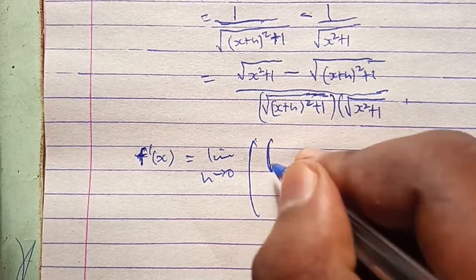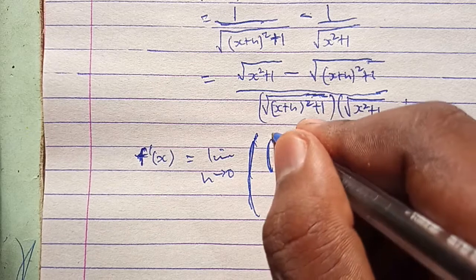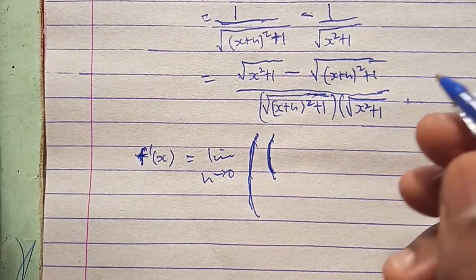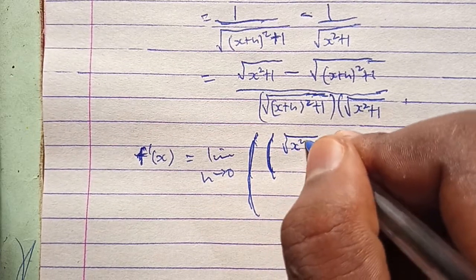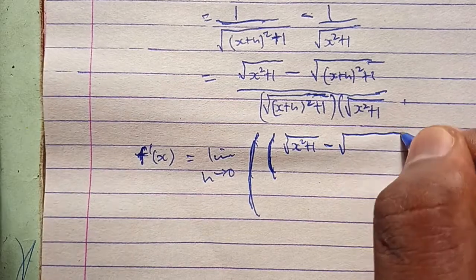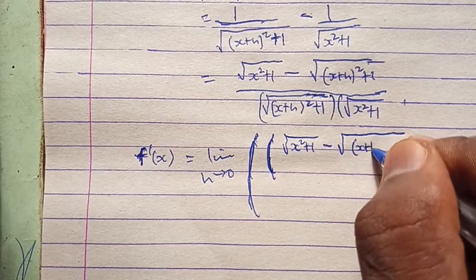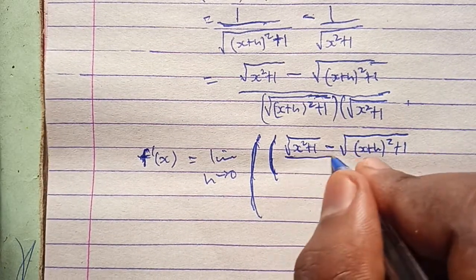That is introducing a bracket to show you the numerator and the denominator. So I'm introducing another bracket. So we have square root of x squared plus 1 minus square root of bracket x plus h in bracket squared plus 1 all over